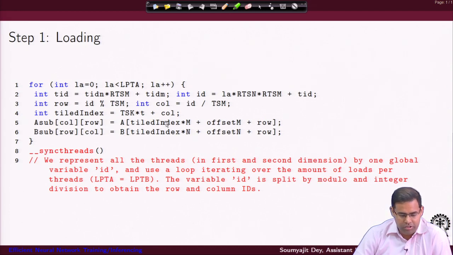So, again we will just repeat that here we compute the tile index, and then you are multiplying the tile index with the m and n, because these are the corresponding dimensions to look for in the A and B matrix. Mind that B is transposed here. And then from A and B you are doing a load to A sub and B sub, just like we have discussed earlier. So, the variable ID which we have computed here, you are then doing these two operations to figure out what is the row and column value where to load.